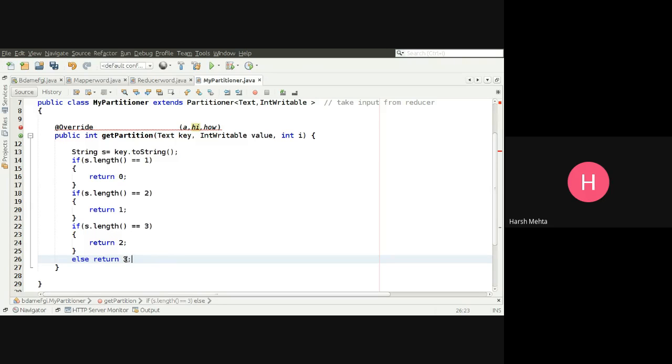Now, why have I written this? You see, how many partitions do we require? Let's say I require only 3 partitions. So s dot length equal to 1 returns 0, length 2 returns 1, length 3 returns 2.